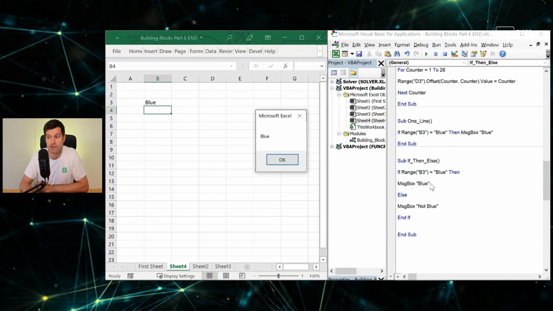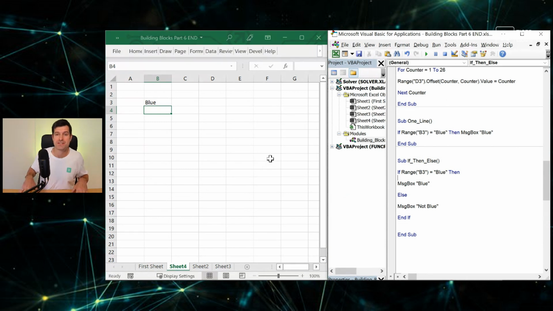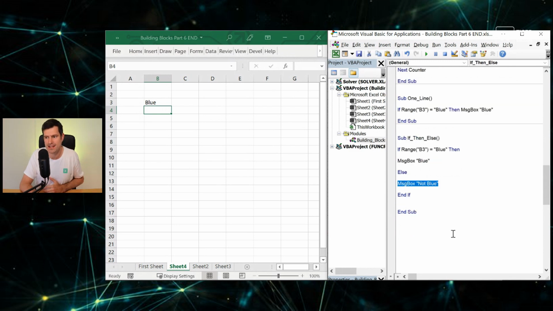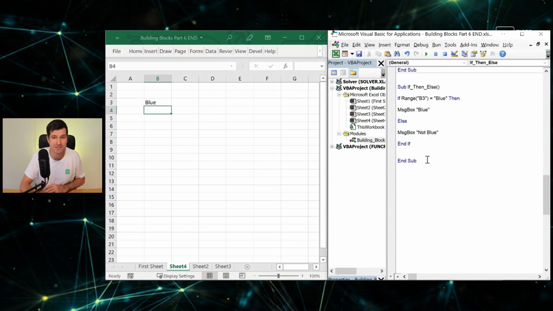And you can see we've gone to this part of the code and our message box is flashing up. So conditional statements in Excel VBA. Don't go anywhere yet. I've got the most exciting one to come, but this is the basic idea: is something happening, and then the instructions if it is happening. And then with if then else, we also get this facility to write what we want to happen if the